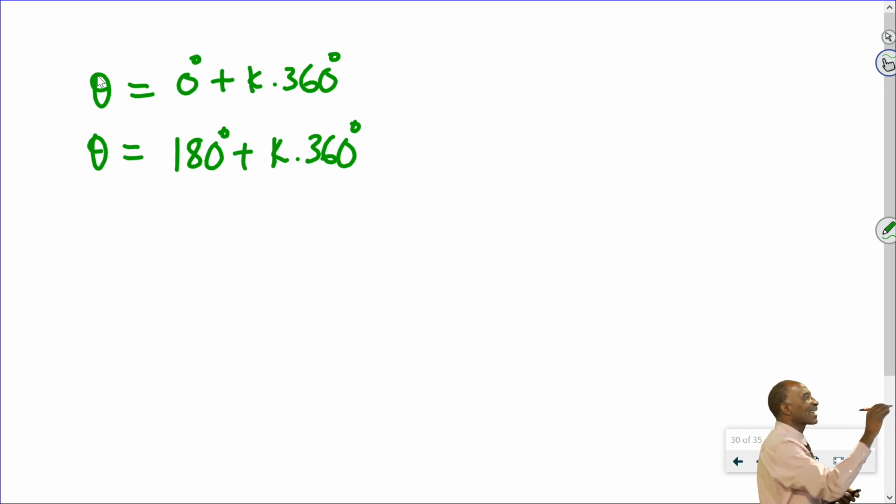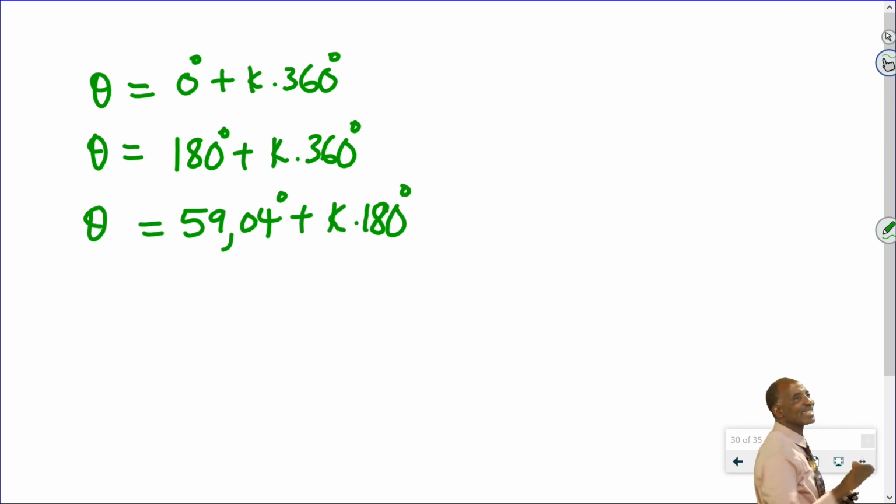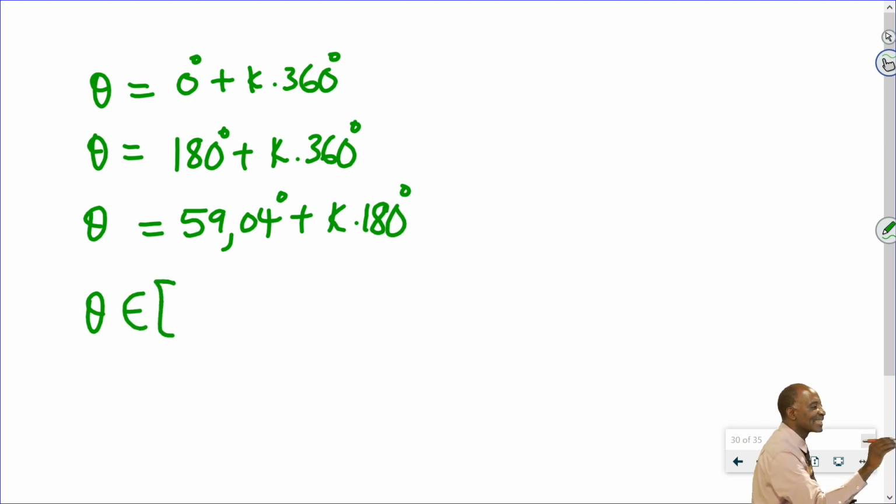We have found another answer, theta equals 59.04 degrees plus k times 180 degrees for the tan. So if you now want to search for which values of theta lie in the interval minus 180 degrees to 180 degrees,